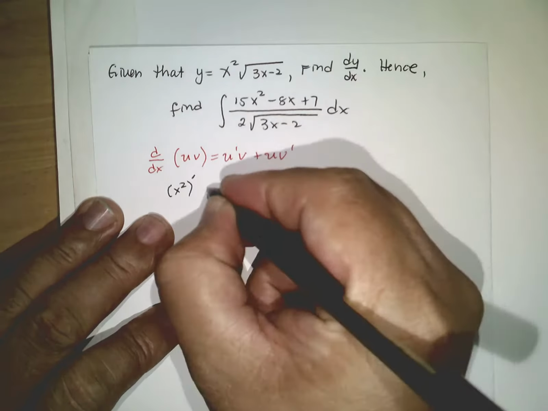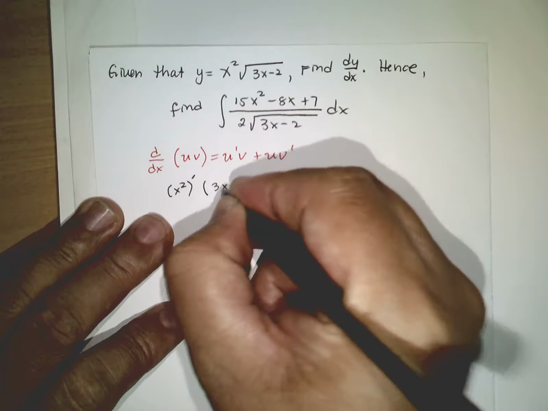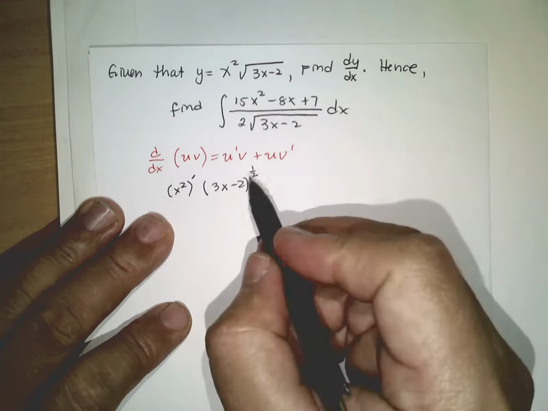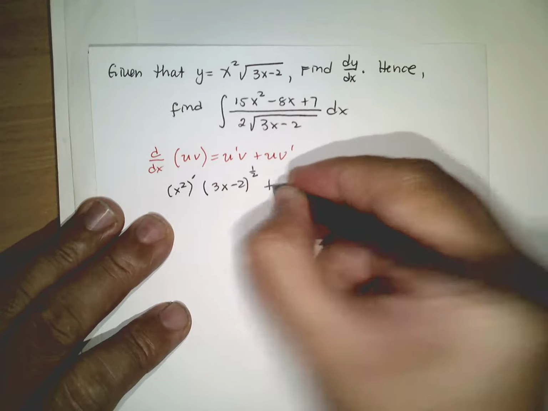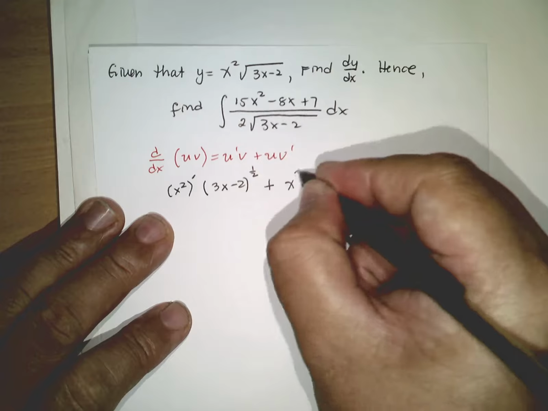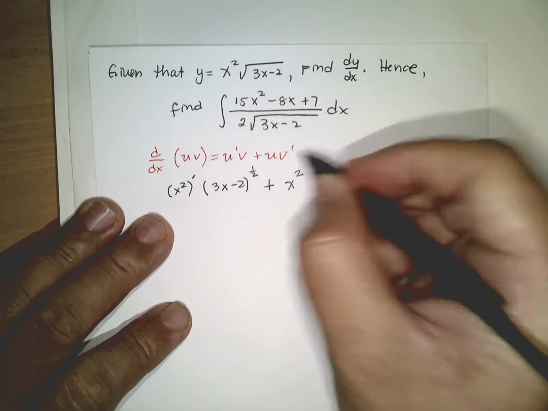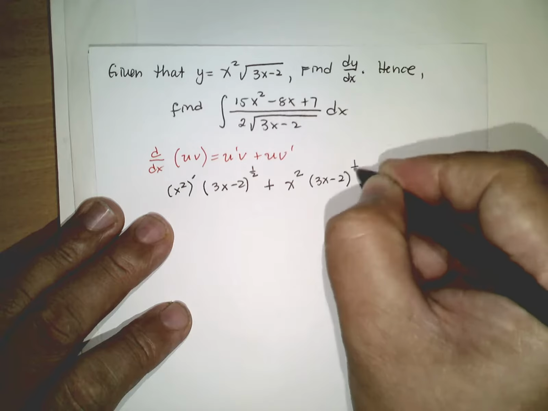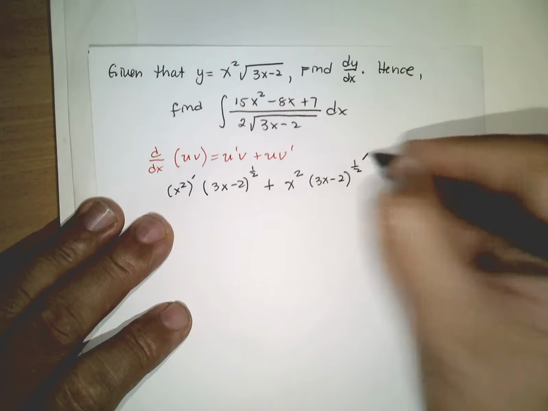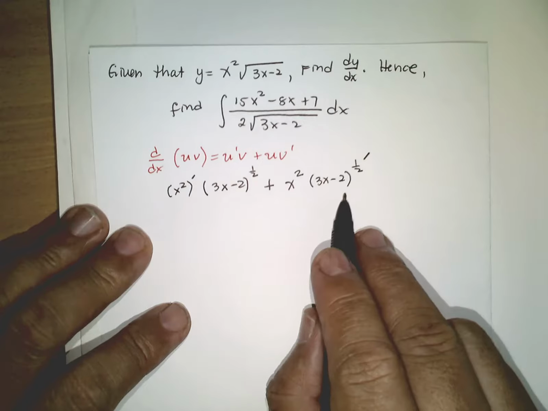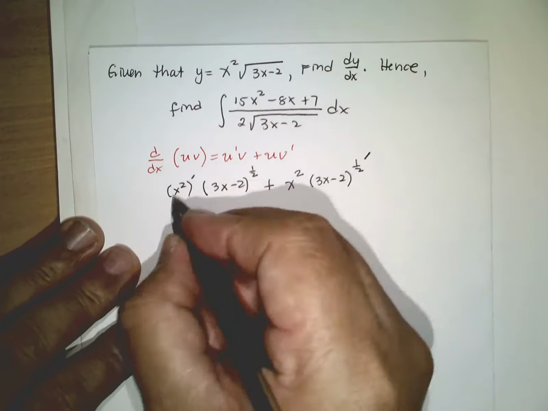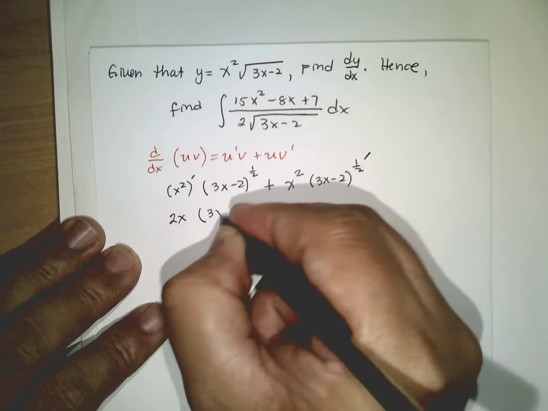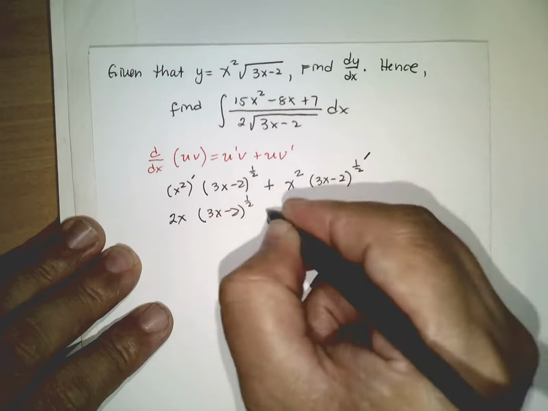X squared prime, then I will just rewrite this as (3x − 2)^(1/2), because the square root is equal to raised to the half. Then it says plus, and then I'll copy my u, which is x squared. Then I'll take the derivative of my v. So my v is this one, raised to the half, and then I'll take the derivative. I'll put this symbol to mean I need to find the derivative of this part. So the derivative of x squared is 2x, times (3x − 2)^(1/2), plus copy my